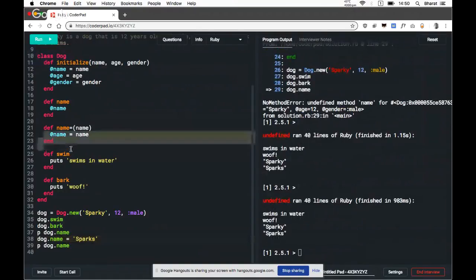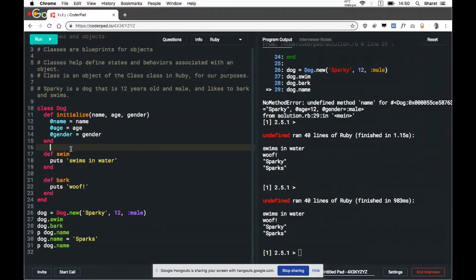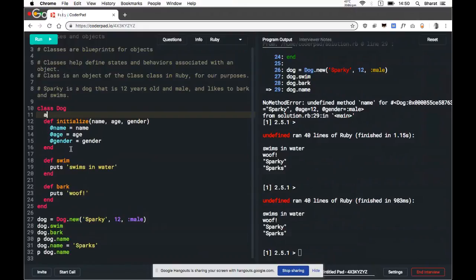And if we're not doing any further modification, not adding something or doing some processing of this information, we can in fact capture all of this into one line by using attr_accessor.